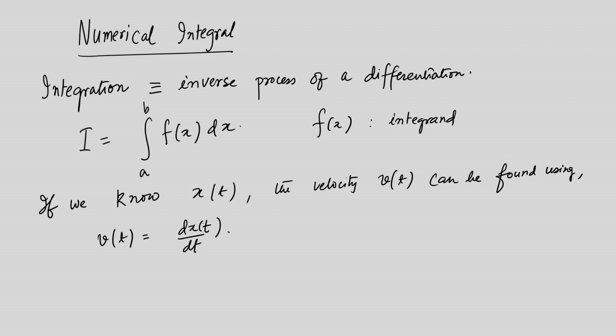So, just in the same spirit as integration being the reverse or inverse of differentiation, this is for using the derivative, and in a very similar manner, if we know v of t,